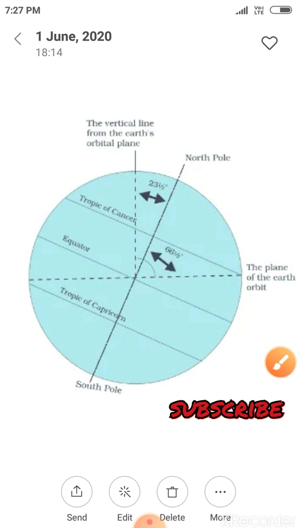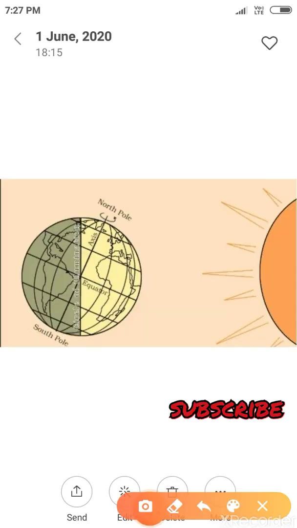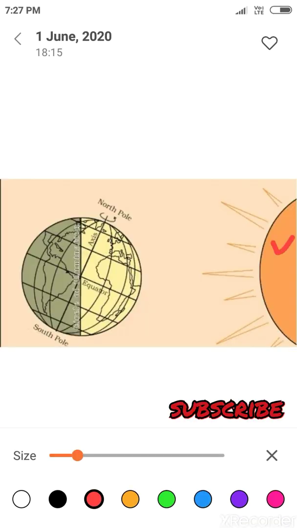Moving to the next topic, circle of illumination. Look at this picture. This is our sun and this is our earth. The earth receives light from the sun. Due to the spherical shape of the earth, only half of it gets light from the sun at a time. The portion facing the sun, this portion, experiences day, while the other half away from the sun experiences night. This portion experiences night.